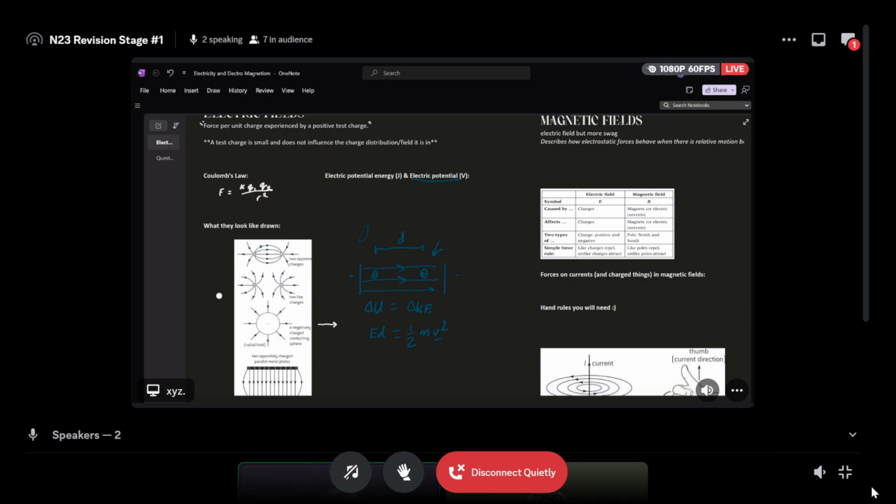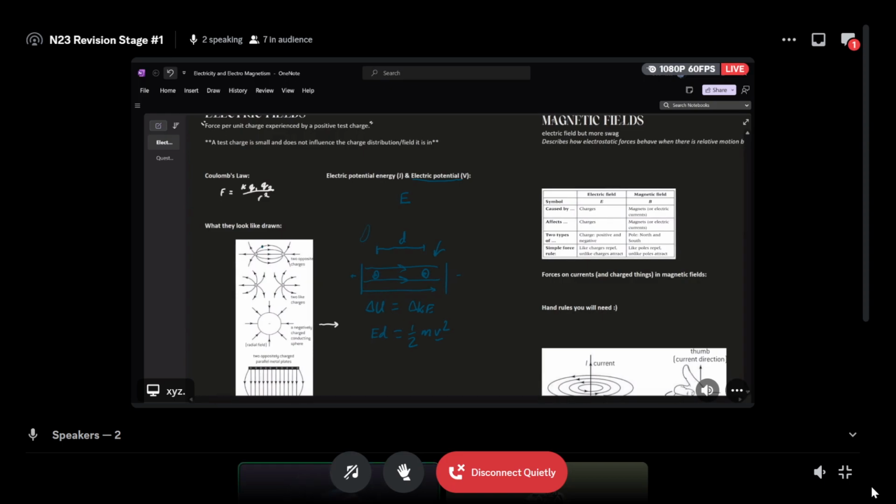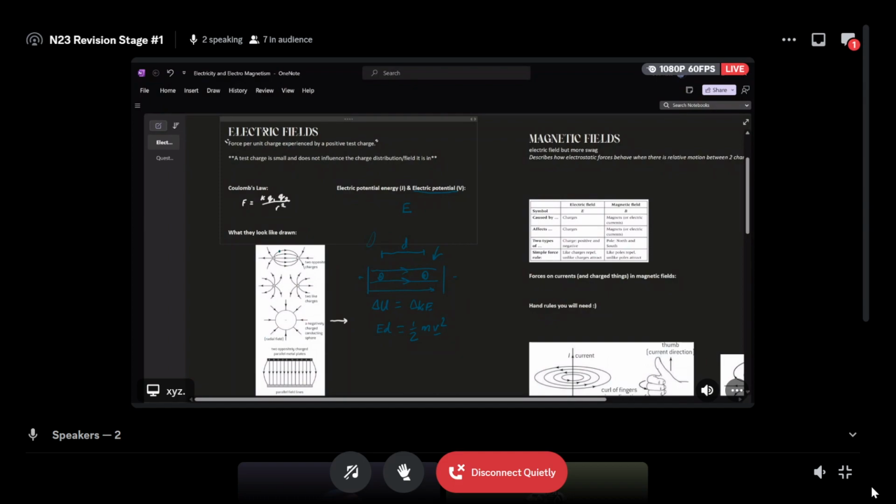It's that the electric field E, sorry, there should be a Q there. This electric field E